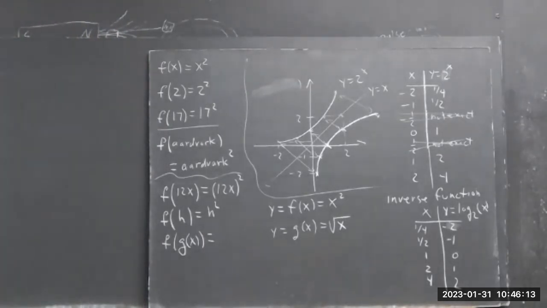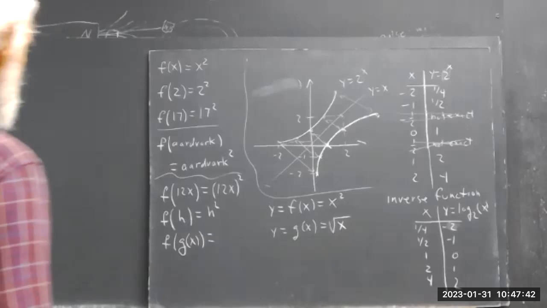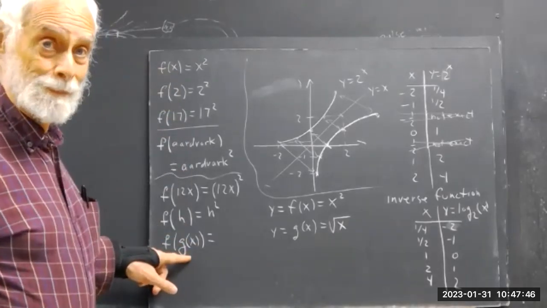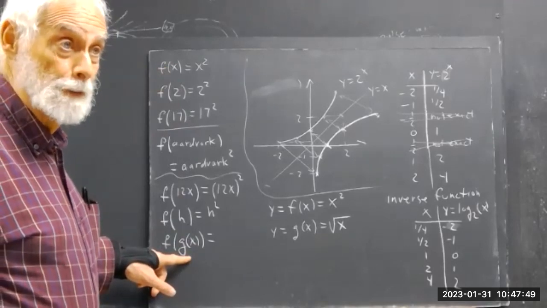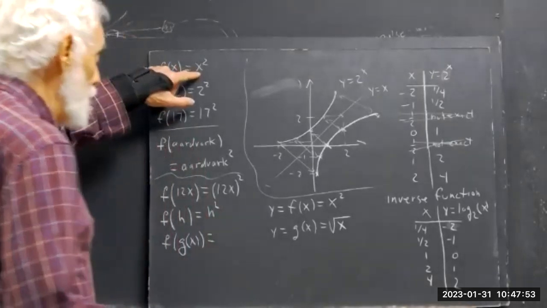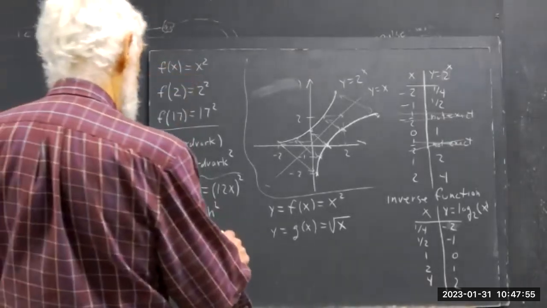Let's see if you can write down what f of g of x would be. And don't worry about the fact that g of x is the square root of x. I wrote that over there. We're not worried about that at all. Just your literal: if you replace x with g of x, what do you get? What's x been replaced by? X has been replaced by g of x, right? So obviously then, if you replace x by g of x, you're going to get